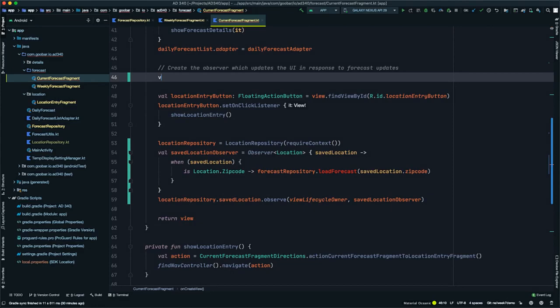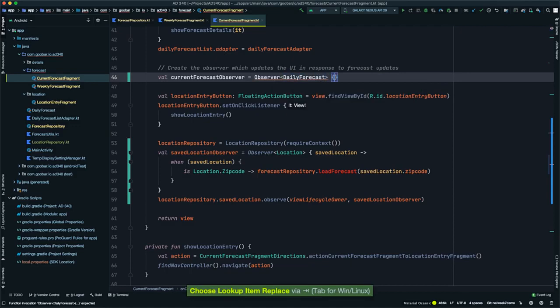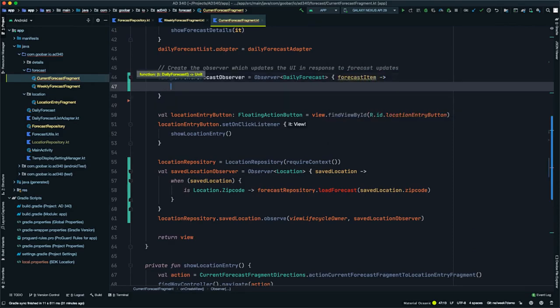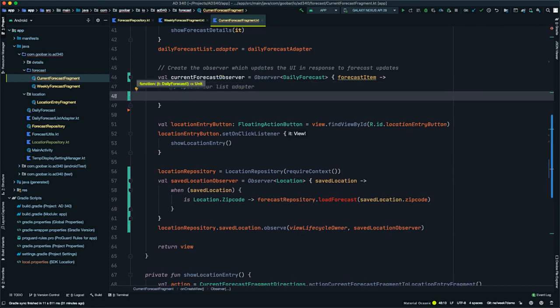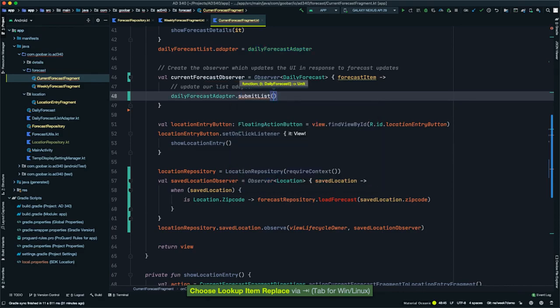So we'll create a new observer first, and we'll call it current forecast observer equals an observer of type daily forecast. Within our Lambda, we will name the parameter forecast item. And then we're just going to leave a comment here telling us that we are going to update our list adapter. And then we're going to type daily forecast adapter dot submit list